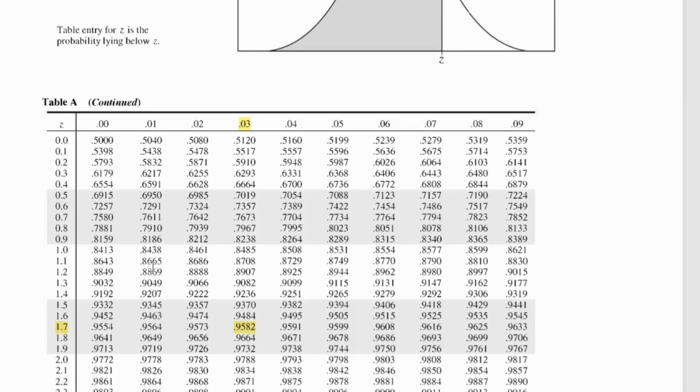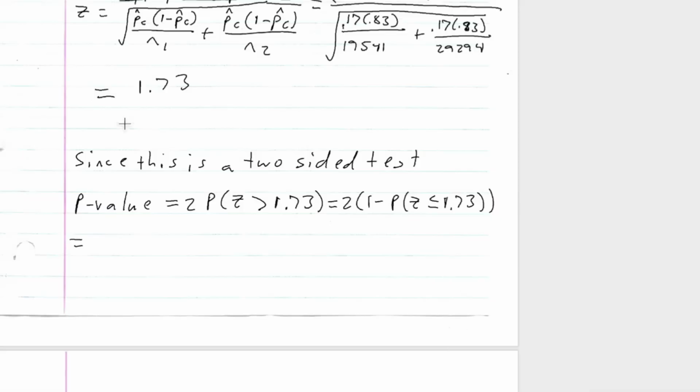Here's my table. So 1.73 is 0.9582. So this is 2 times 1 minus 0.9582. And this will be 2 times 0.0418, which is 0.0836, which, you know, this is not less than our significance level of 0.05,